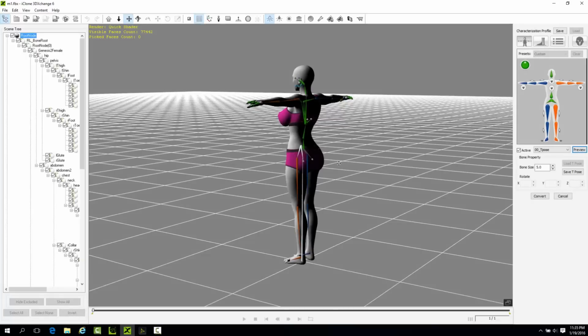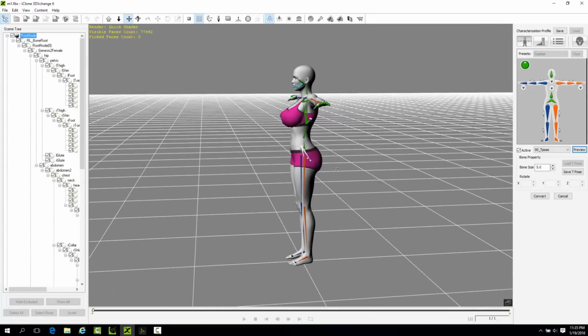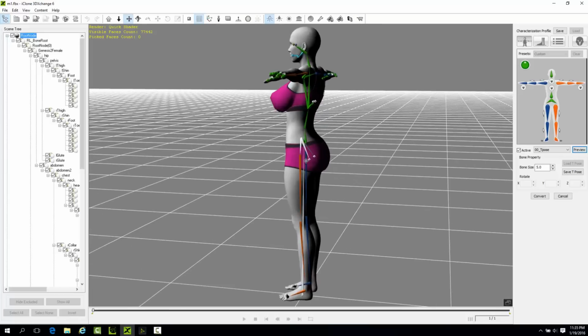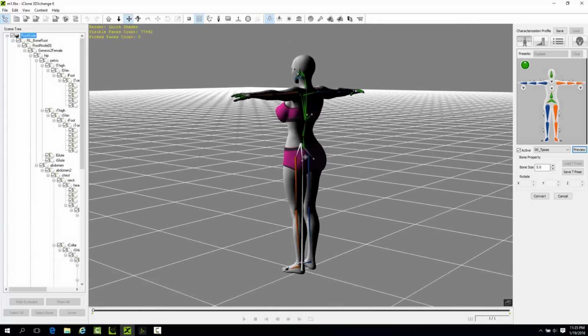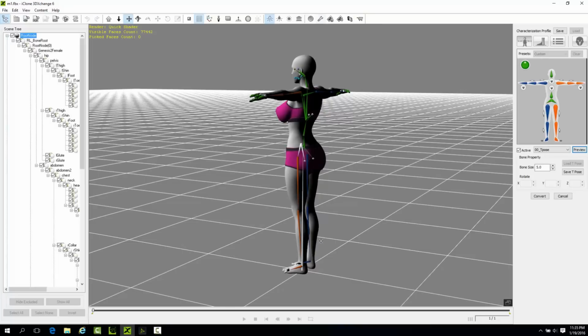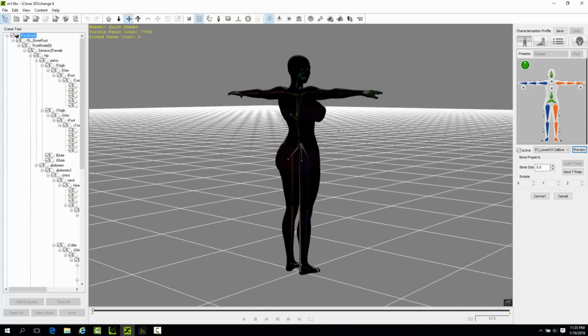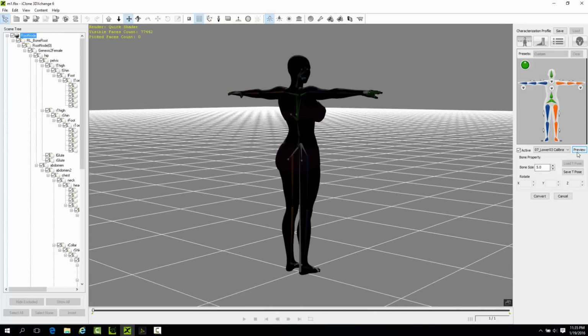Again, if it's not tied to the body, if it's not really tight to the body, then that's it. You're really good. You're done. You're pretty much done. You can go ahead and fix it here if you want, and then send it to iClone and get things done. But again, if it is tied to the body and you know you're gonna be moving around,